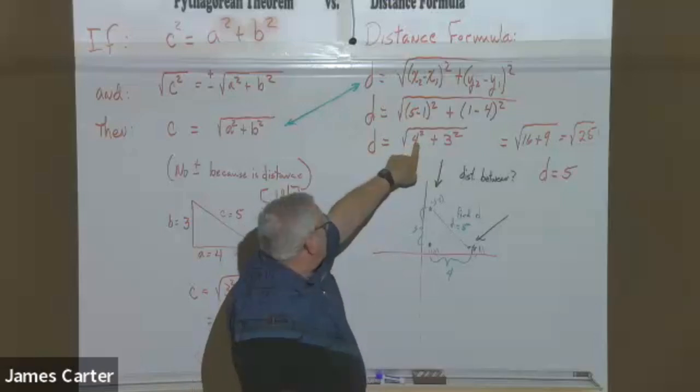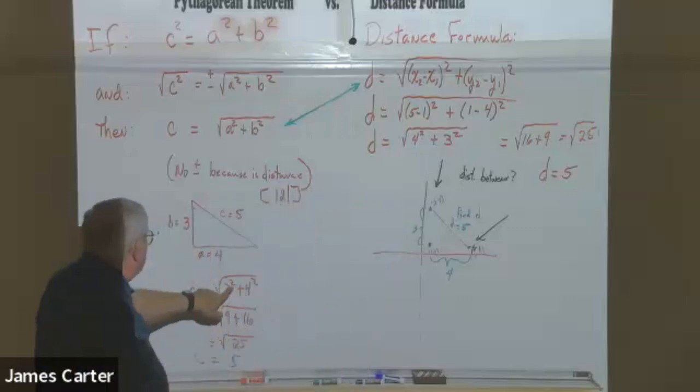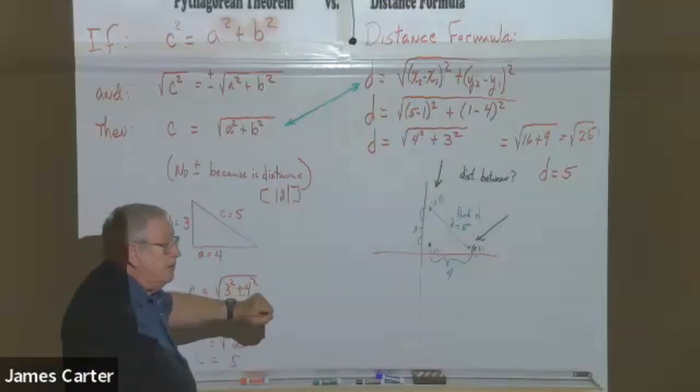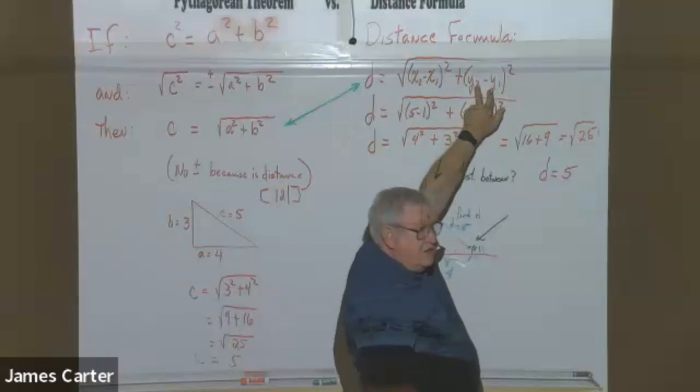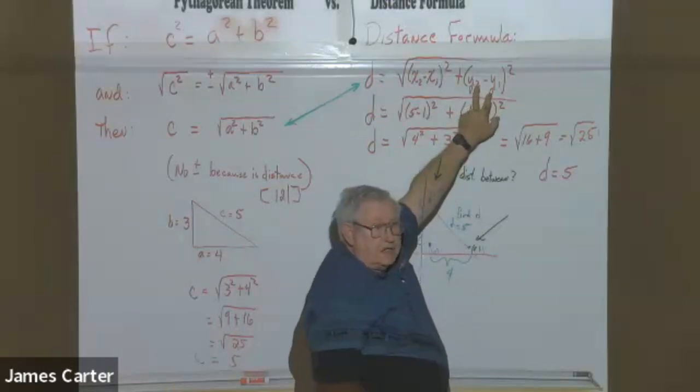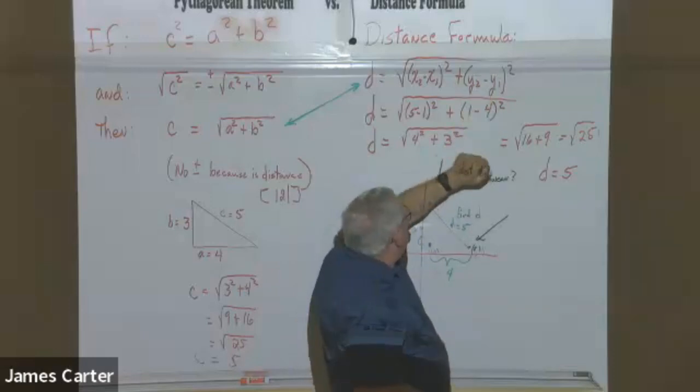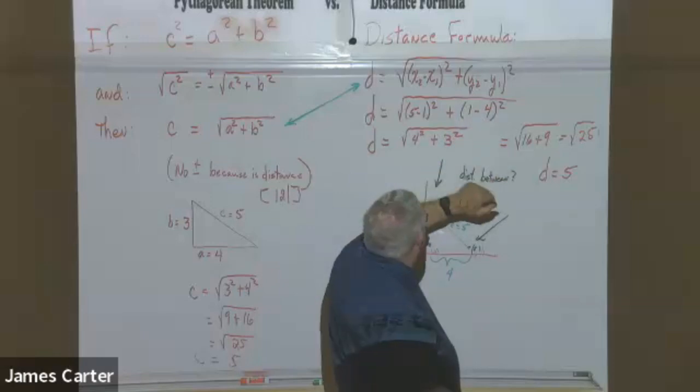Okay? And then I've got to square it like I did over here. For the y values, I'm going to find the difference in the y's, how much change in y value there is. And doing that, 1 minus 4